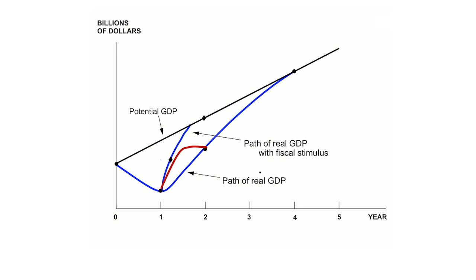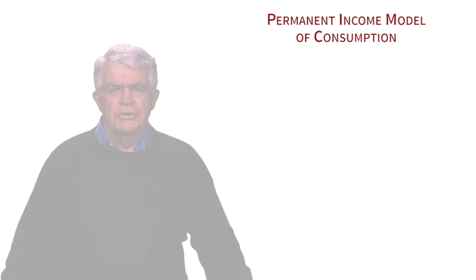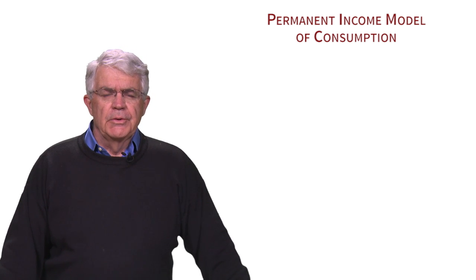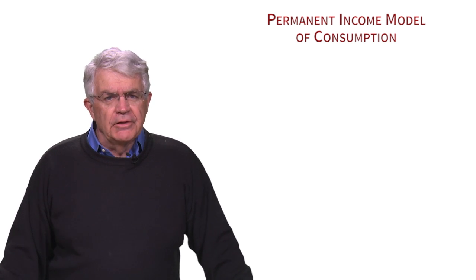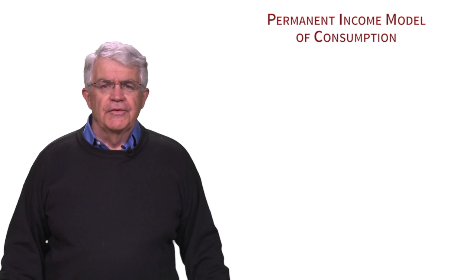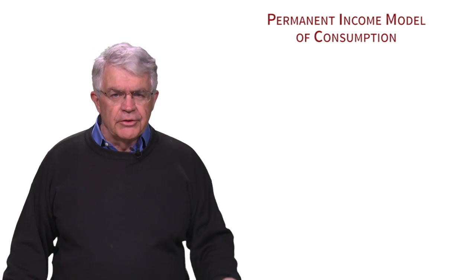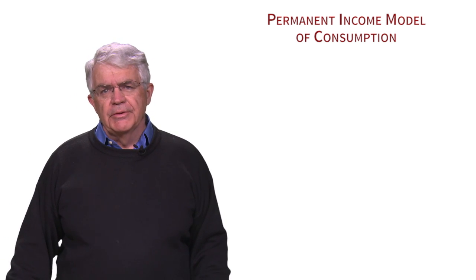Now you might ask, why would it be temporary? What could cause that? Well, it turns out that some of the macroeconomic theories do distinguish between temporary and more permanent actions. One of those theories is called the permanent income model of consumption. It's a somewhat different model of consumption than the one that goes into the 45-degree line. And that's one of the reasons why these actions may be more complicated than you get with the 45-degree line.